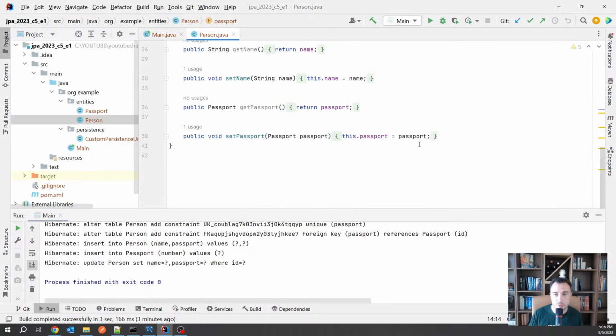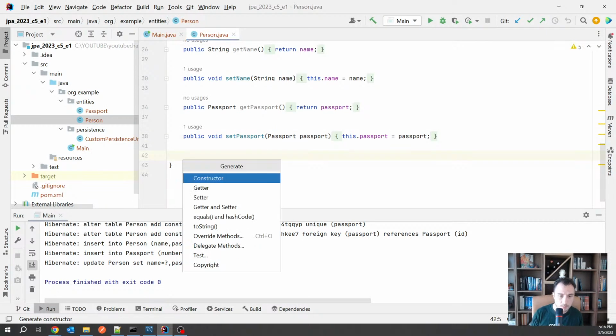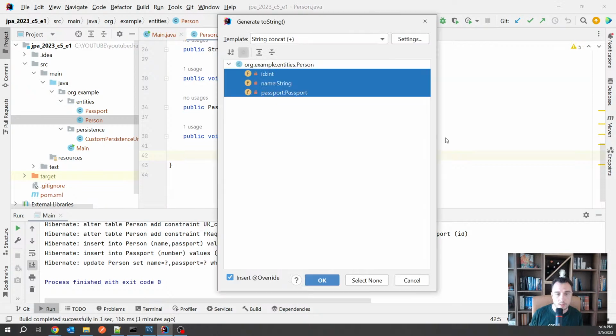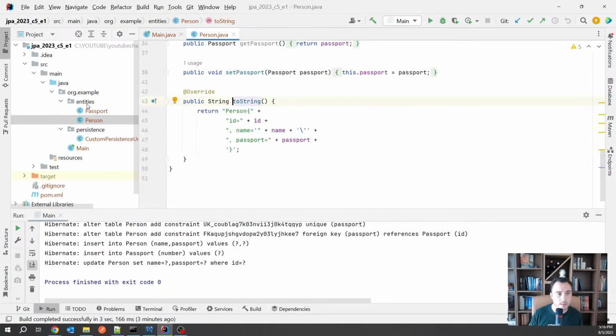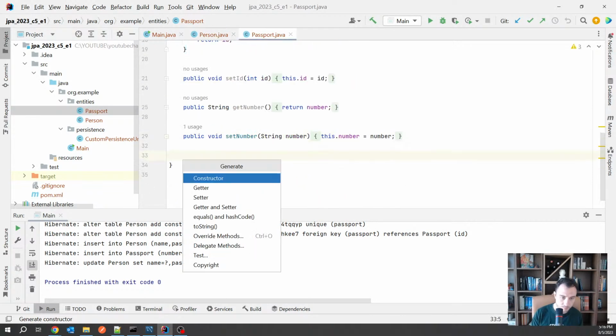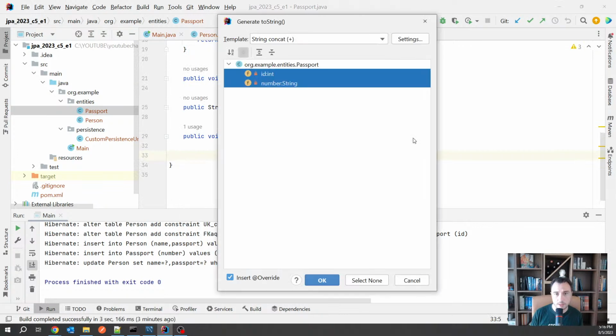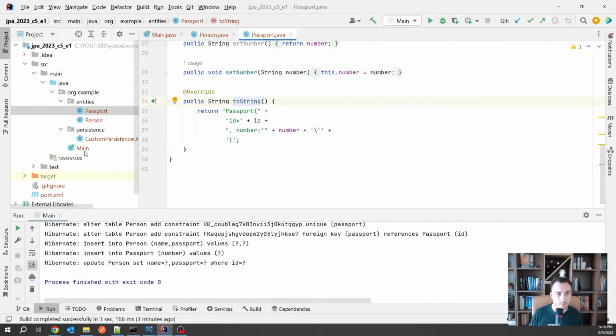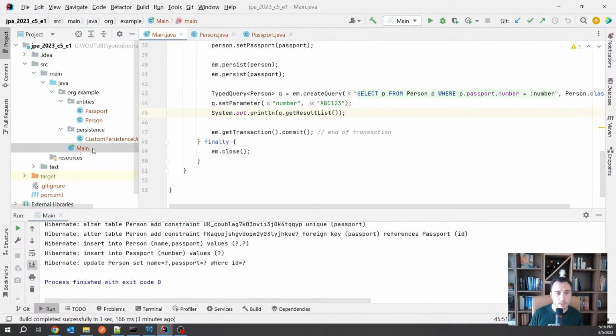And of course, if you want to really see something, maybe it's a good choice that I also override the toString method, and here it is. So if I'm running this now, this query works, and the reason it works is because there is a passport